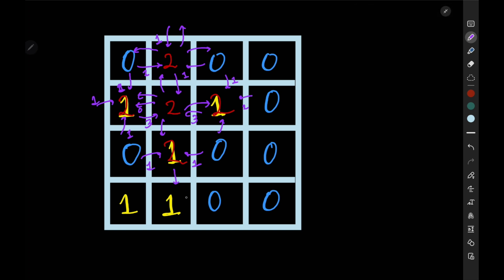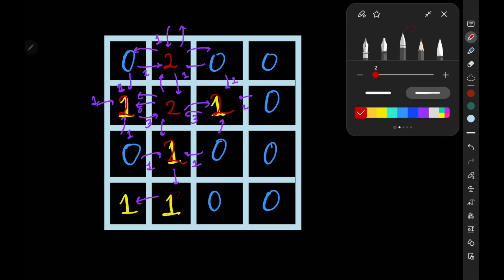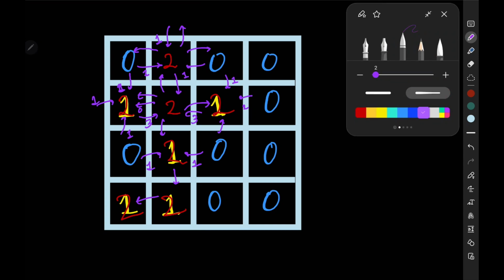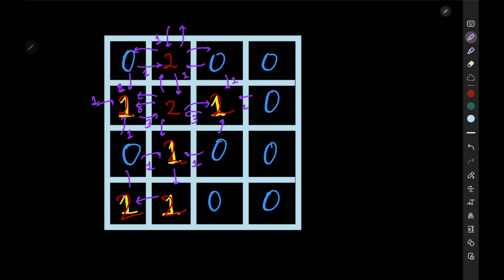Now this calls here, and this will call here, marking visited at 2 and 2. So now this will return 1, this will return 1, this will return 1, and when it tries to call this one, it is 0, already visited, so it will get 0. So finally what this cell returns here is the sum of these, so 3, and here it will get 1,